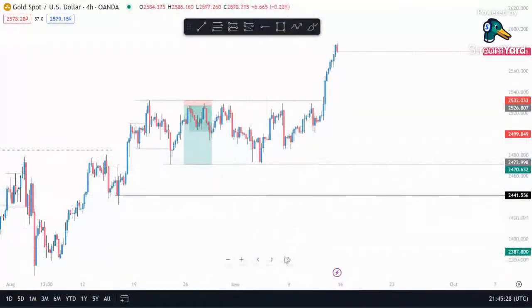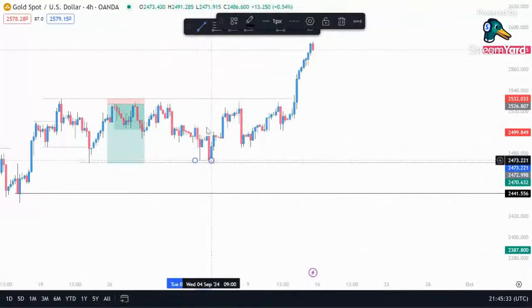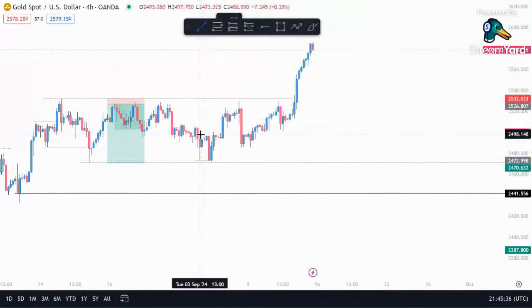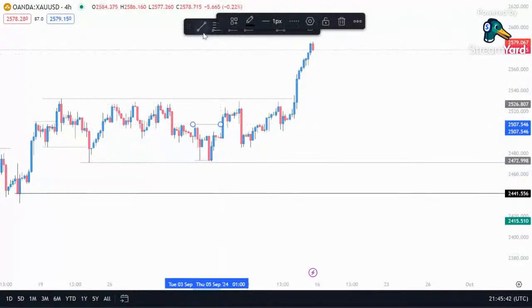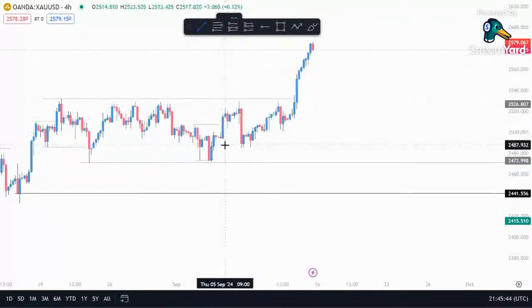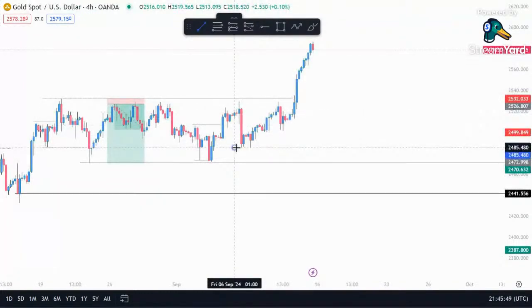But basically, what happened here? We saw a sweep of this low, saw a sweep of that low. We saw a break of structure to the upside. Then now we saw a second break of structure that gives us an inducement